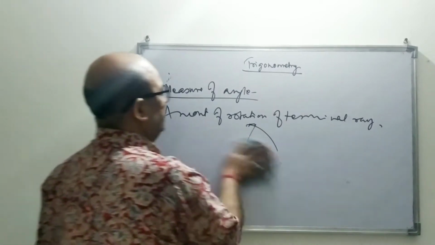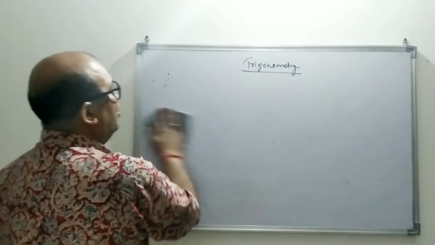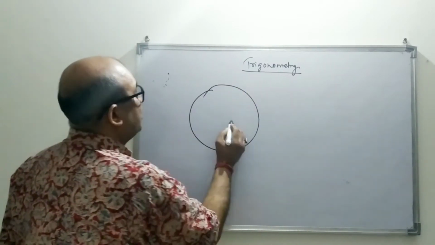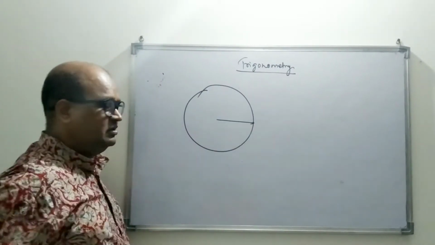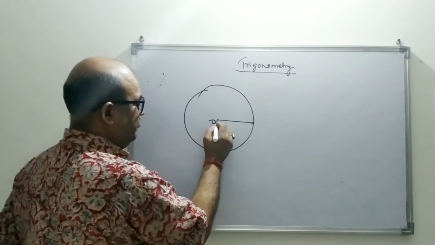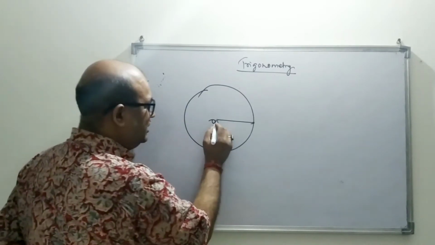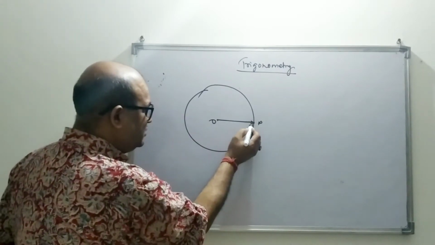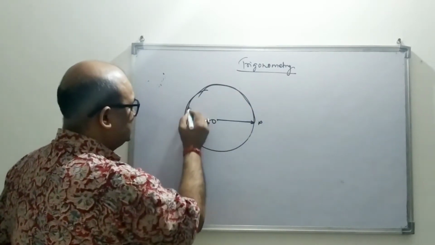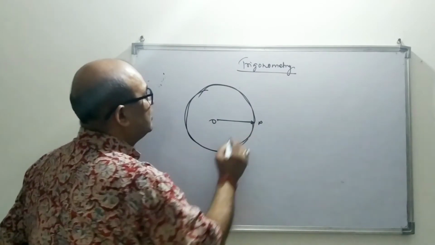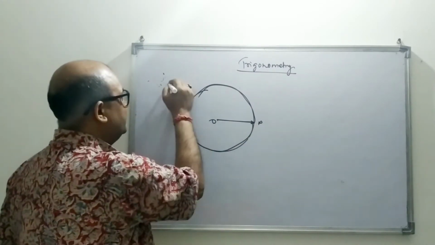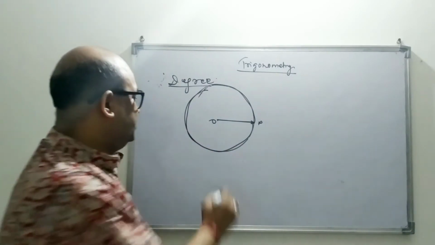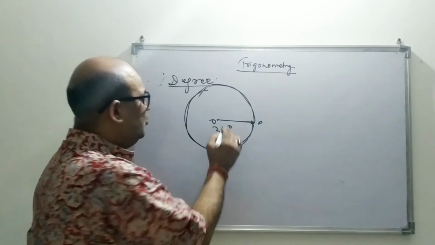What is degree measurement? We know all 360 degree. This is a circle. Suppose the ray started moving from here. This is the originating point, and this is the ray, so OP is the ray. It starts moving, rotating in anti-clockwise direction, and it has taken a full movement. What is the angle done? This is degree measure. In degree measure, it is 360 degree.